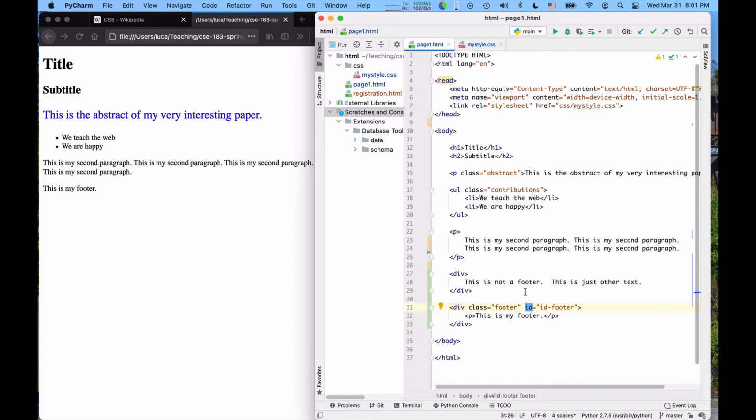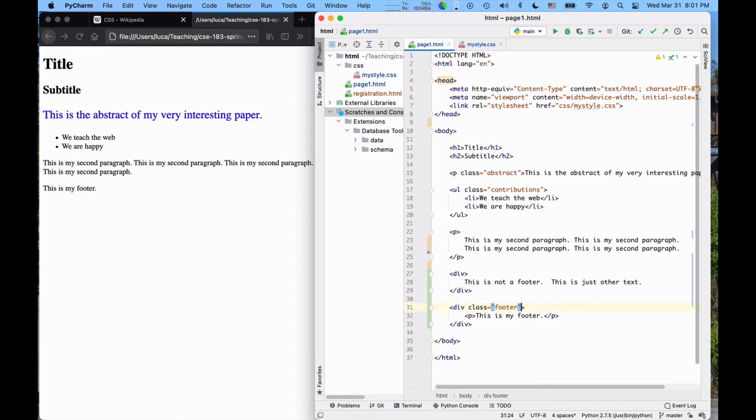Class, instead, is meant to be an attribute that says how something should look like, and so you can have many things in the same page that are of the same class. Of course, in a page you have only one footer, but I think it's still better style to use class. In modern development, you use ID actually fairly rarely, just when you want to refer to a very specific element that for some reason, which we don't really have here.